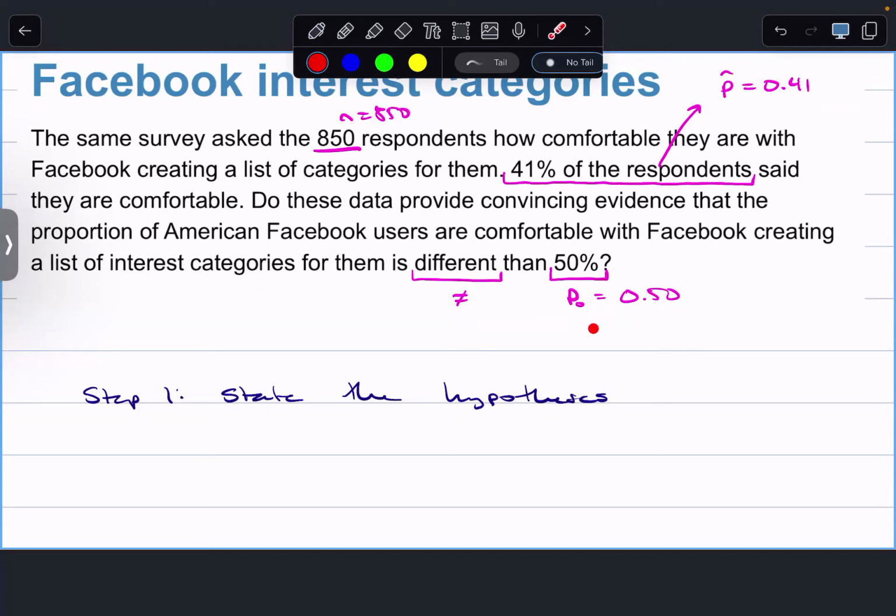There's a couple of numbers here, but just keep track of which one came from the sample and which value you want to compare it to. It sounds obvious when I say it. It's going to be one of those things where you sit down to do your own problem and, oh, it was so obvious when she said it. But